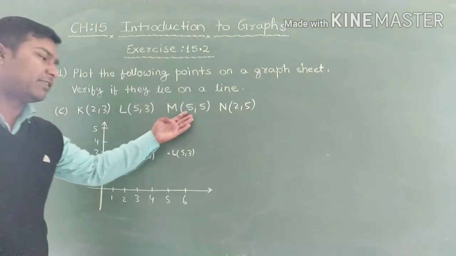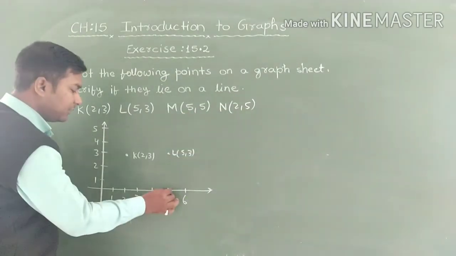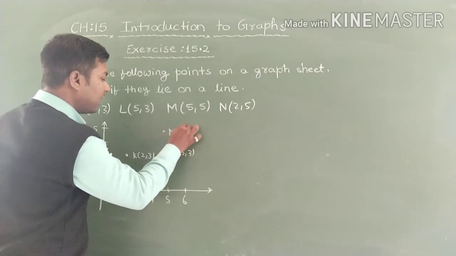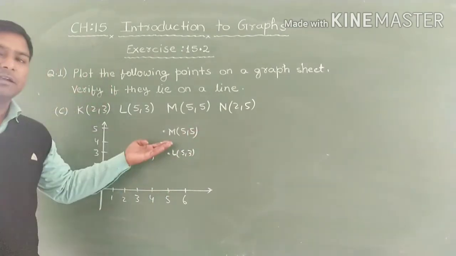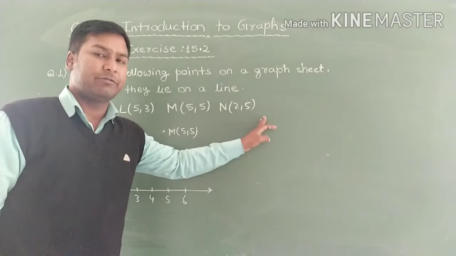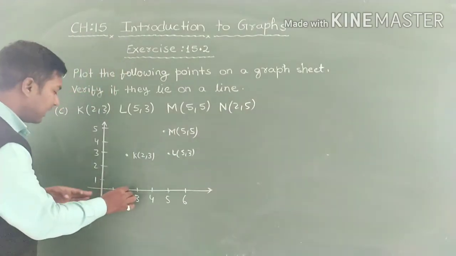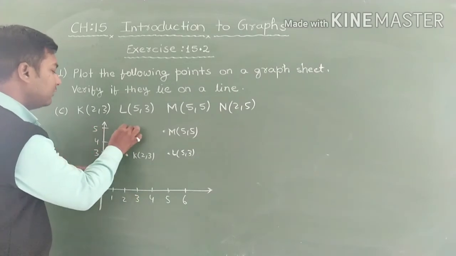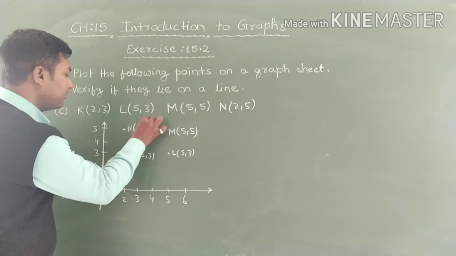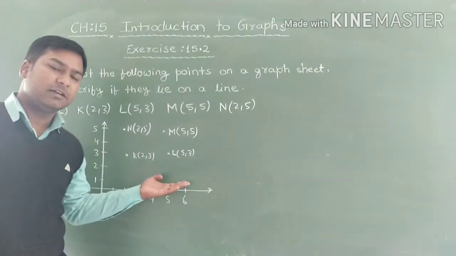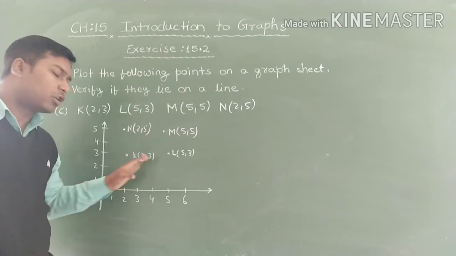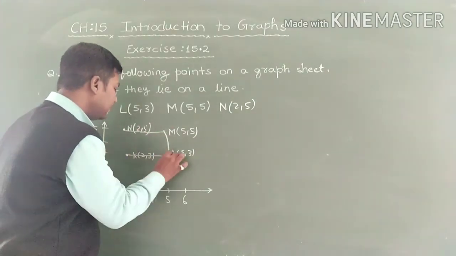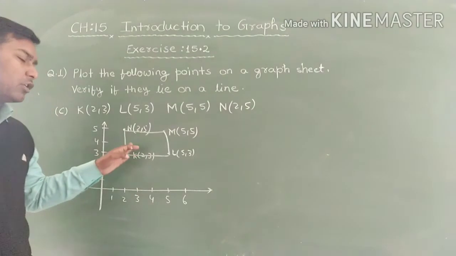Similarly, M point, it is 5, 5. So this is 5, it goes up to 5. So this point, okay. This is M point 5, 5. Okay. Now the last one, that is N point, so it is 2, 5. So X, this is 2, and at Y, this is 5. Okay. So here, this is the point where N is 2, 5. Okay, so we can see here clearly all 4 points do not lie on a same line. Okay, if you draw a line, then what you can see, these 4 points do not lie on a same